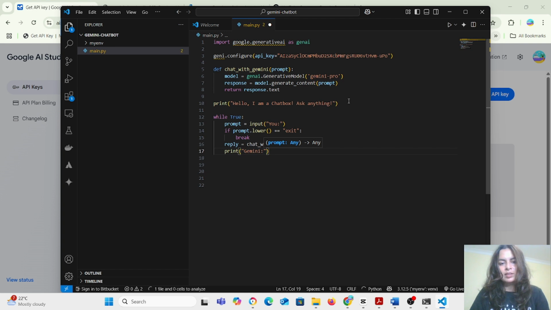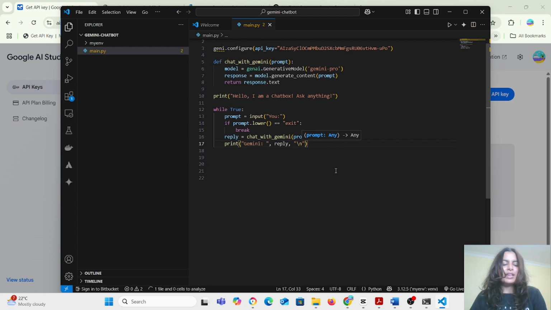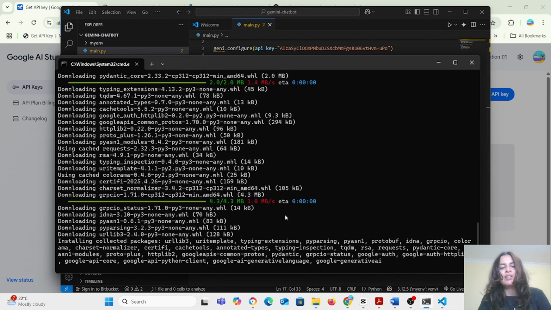Gemini, and that reply, or you can use string formatting by the way, reply, and after that you can, for example, create a new line here. All right, so that's all. Now we will test whether our function is running or not. Okay, let's see what happens. I'm trying it for the very first time myself,